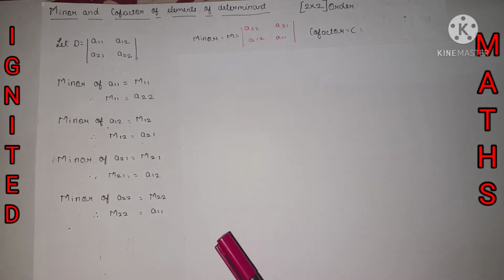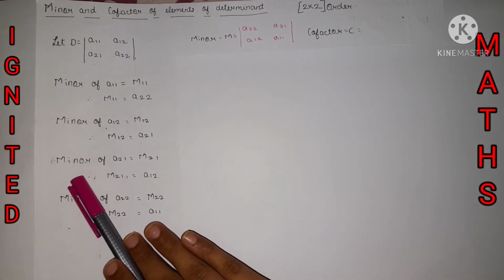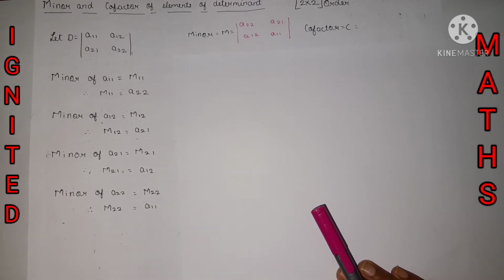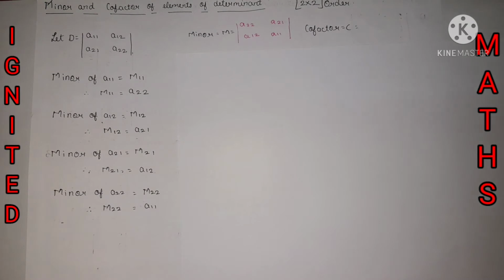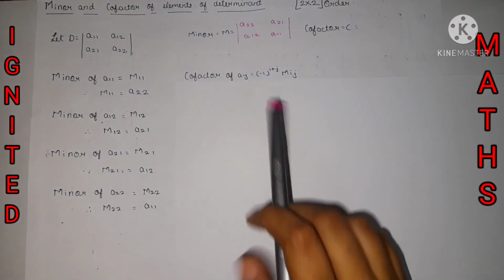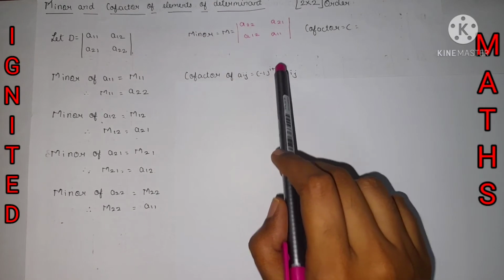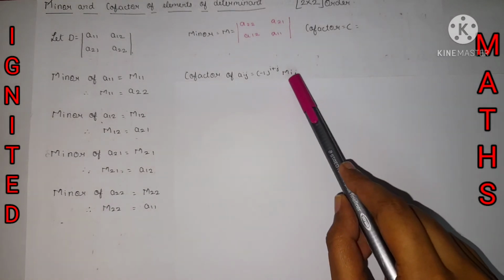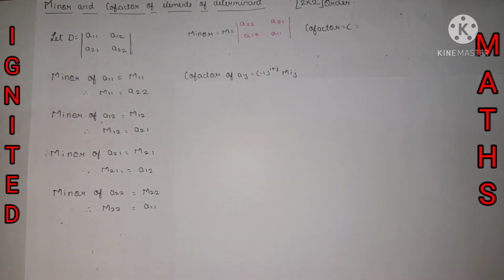Now for finding the cofactor, we need the help of the minor, so we need to keep it aside while finding the cofactor element. So let's start. Now we have the formula for the cofactor element: the cofactor of the specific element with the respective row and column is equal to (-1) raised to i plus j into Mij. Here ij represents the row and column, i means row and j means column, and M represents the minor of the specific row and the specific column. Yes, this is the formula for finding the cofactor of elements of the determinant.